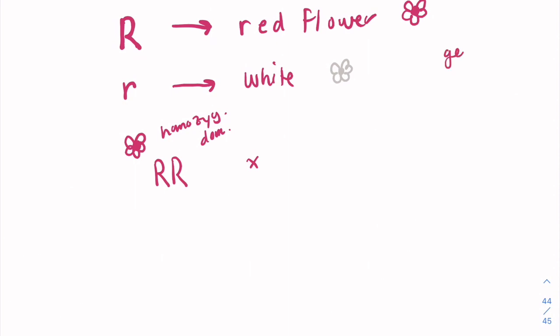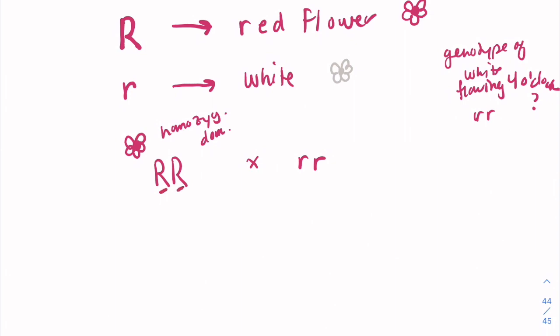What is the genotype of a white flowering 4 o'clock? It's got to be homozygous recessive, right? So this is the cross we're doing right here. We don't need to draw a Punnett square, do we? At all, because